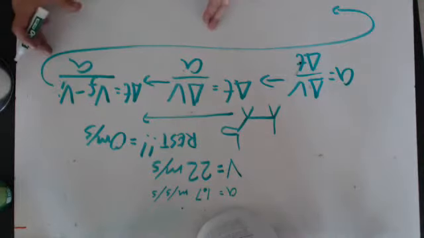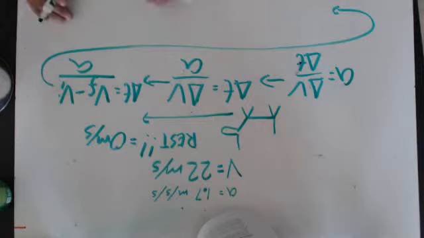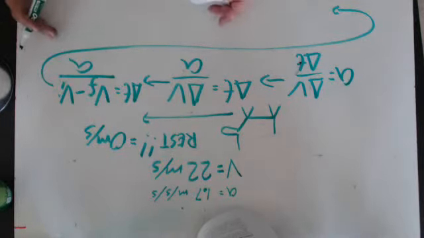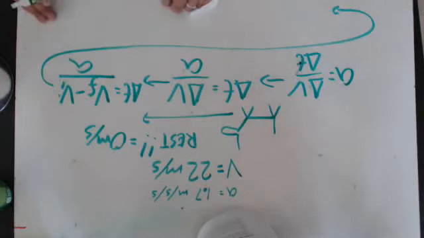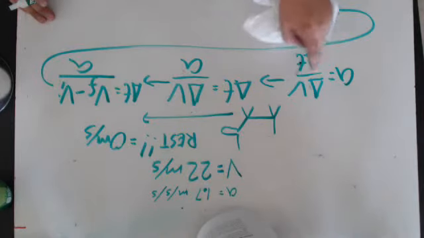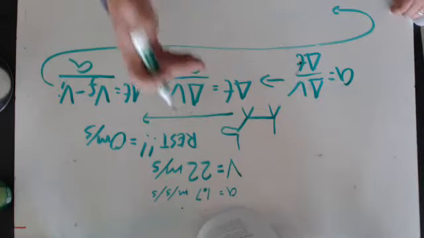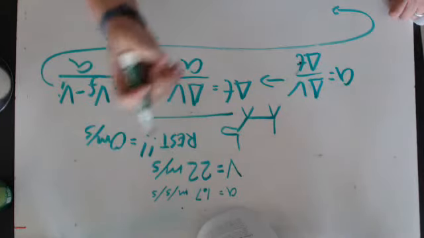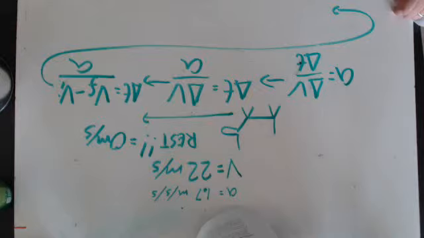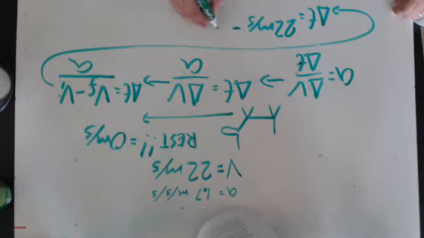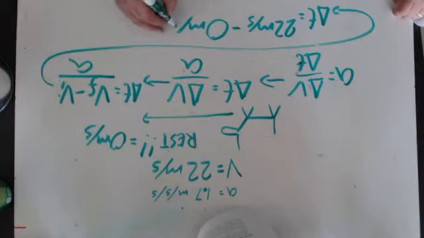I've moved every term around and expanded out my equations. Now I get to the point where I plug in numbers. I really don't want to start plugging in numbers at the very beginning; I'd rather do it at the very end. V final, as we said, is the speed the antelope gets up to, so that's its final velocity. So delta t is equal to 22 meters per second minus 0 meters per second, because remember it starts at rest, over